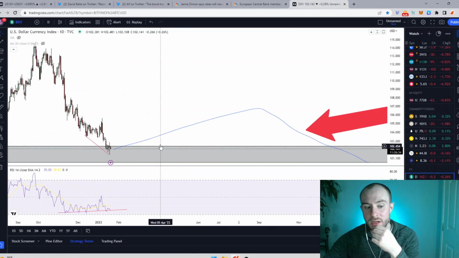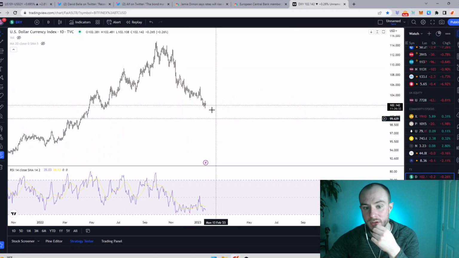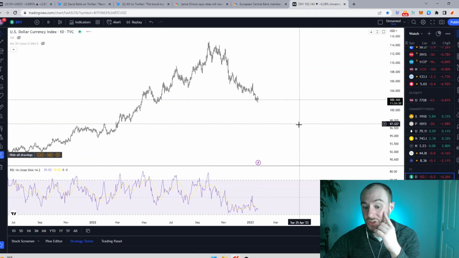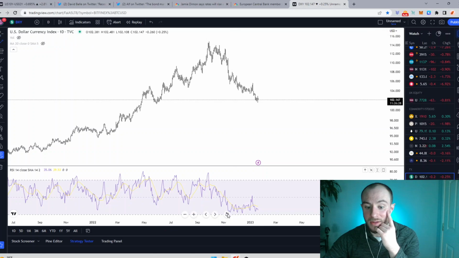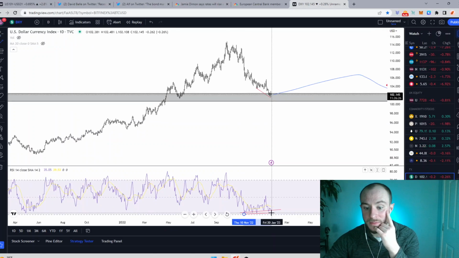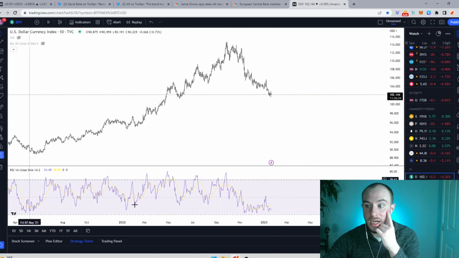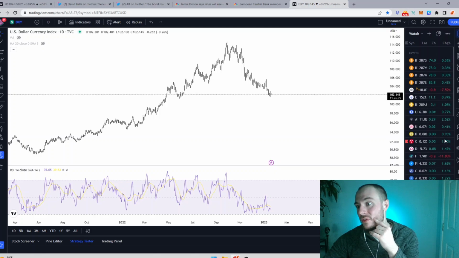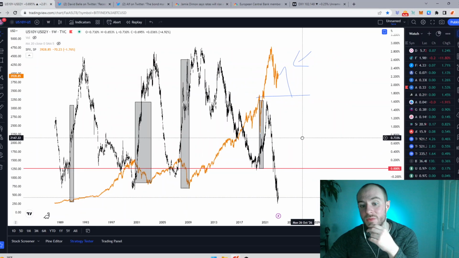The dollar's a lot weaker than I'd have expected, by the way, guys, so I'm not going to call that as a triumphant call just yet. I think it may play out, though. You've got this divergence here as well on the daily, which you've already highlighted. So it's going to be a very interesting week, but that's just some food for thought that you've got to take as investors moving forwards.